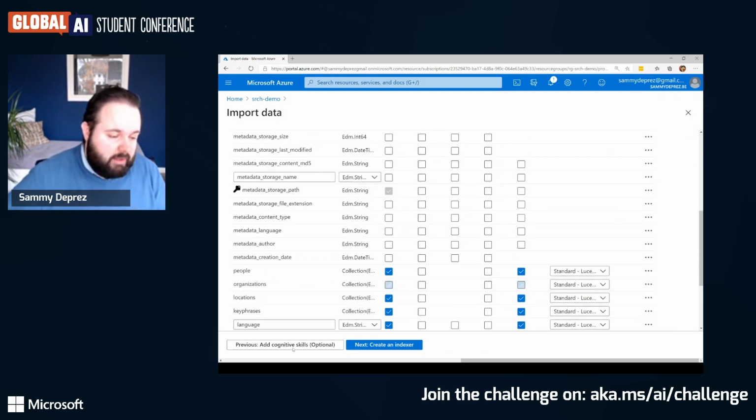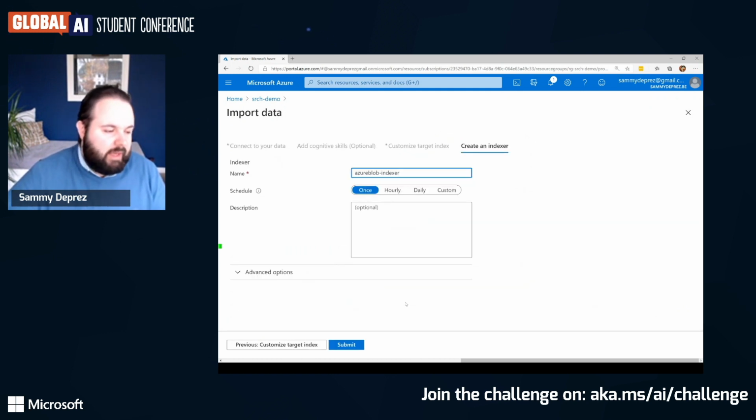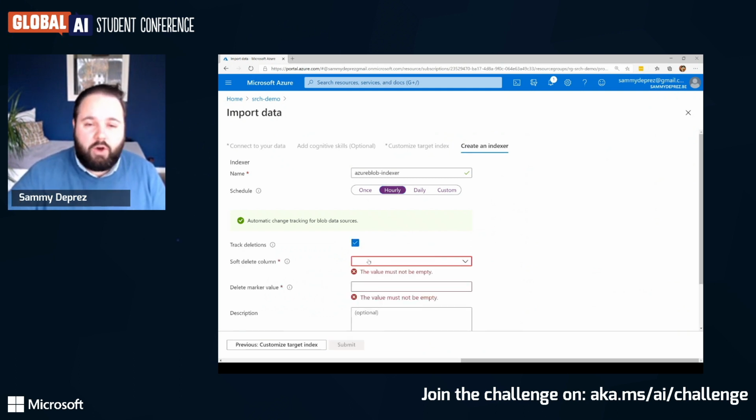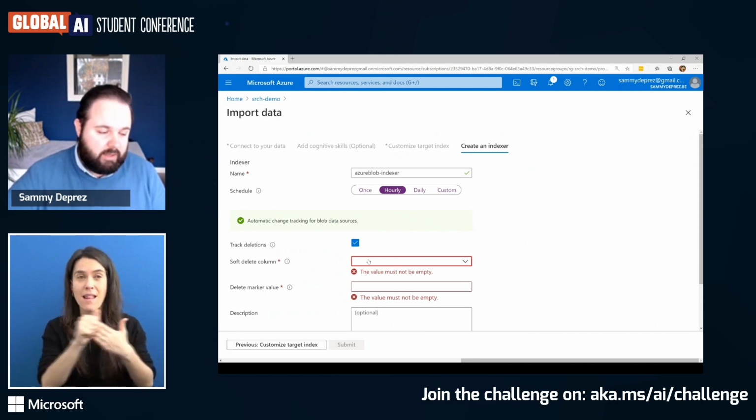This is our indexer. The next part that we have, and that's our last one, is our indexer. With the indexer, we're going to configure when this analyzing or enrichment needs to happen. In this case, it's once, but we could say every hour, figure out what is new on the blob storage, or every day, or on specific timings that you want, and we can even click on track deletion. In that case, if a document is removed, it can be marked also. You can do a soft delete or a hard delete from your Azure search index.